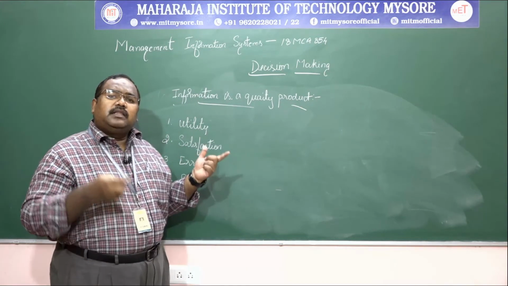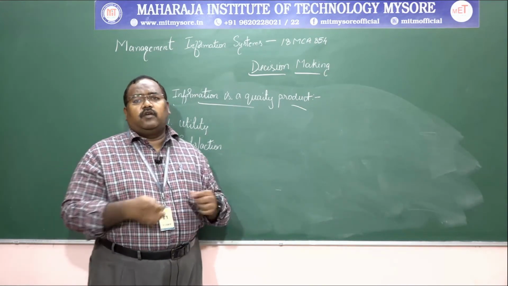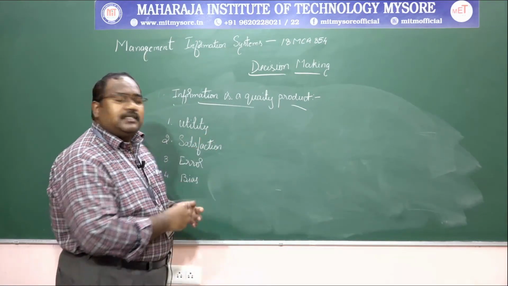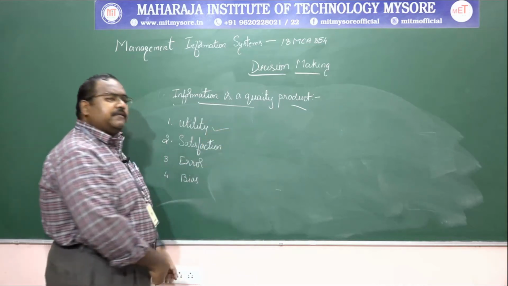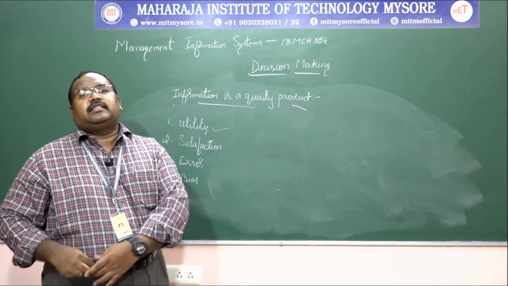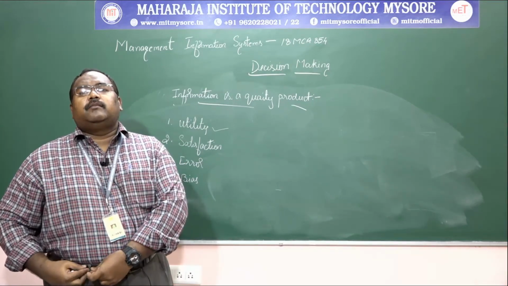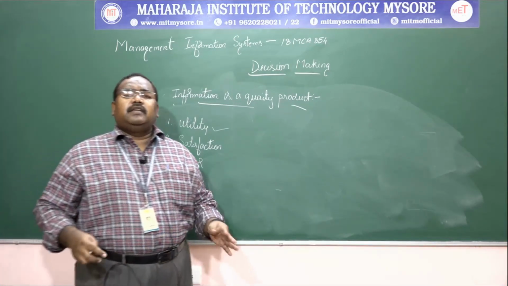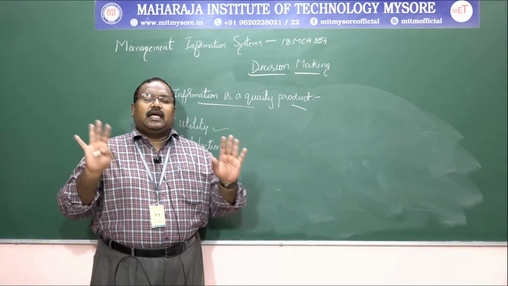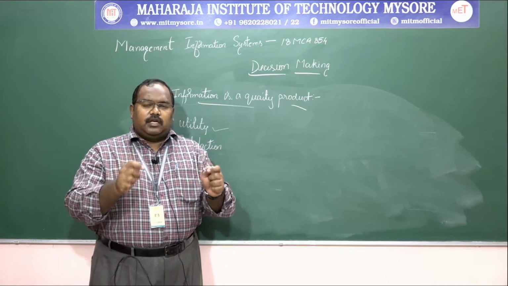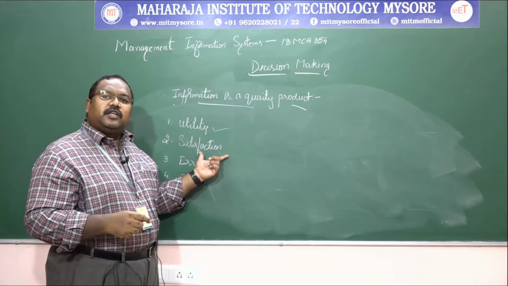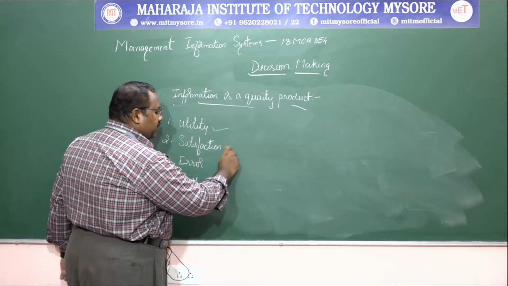So this is how the best utilization of information can be done. That is with respect to the utility. The second one is the satisfaction. When we talk about satisfaction, it is the degree that satisfies the person. Means if something is given, and a person is satisfied with that, stating that yes, I can now make a decision looking into it, then that is the second parameter that is said to be the good quality of information.